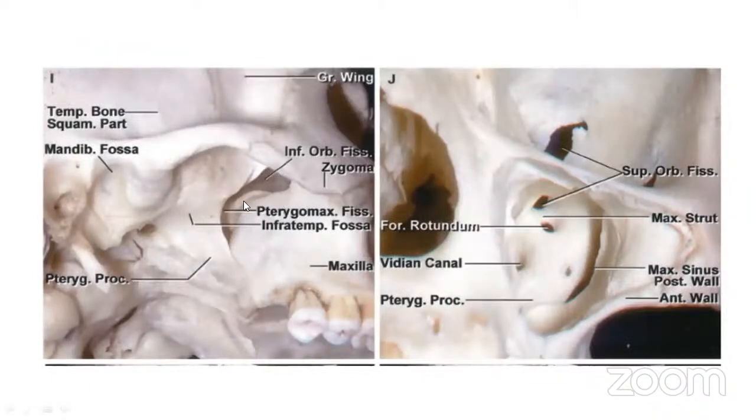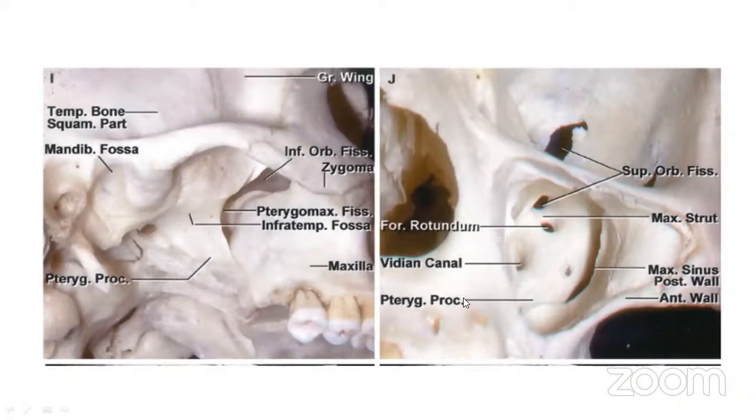There is another view showing the inferior orbital fissure and the relationship of the pterygomaxillary fissure along with the infratemporal fossa. As you can see, this is the temporal fossa, and below the zygomatic arch we have the infratemporal fossa. Medial to it, lateral to the pterygoid plate, we have the pterygomaxillary fissure, which opens into the pterygopalatine